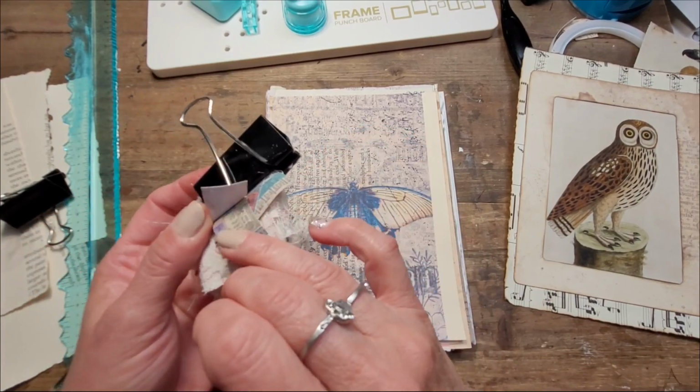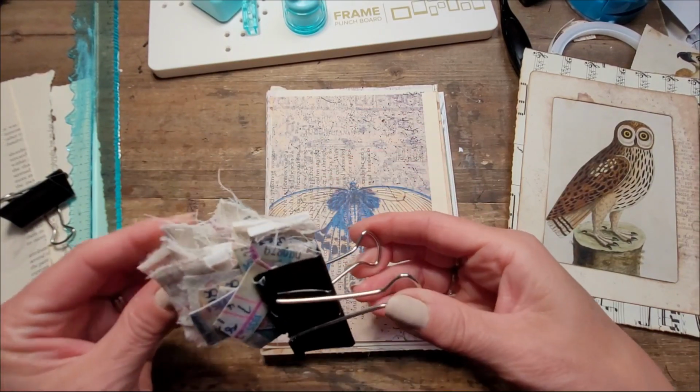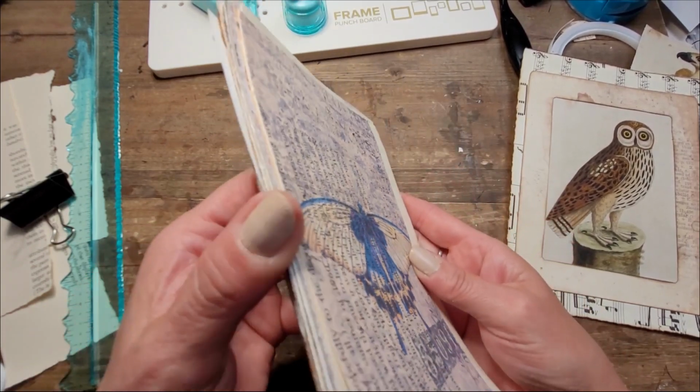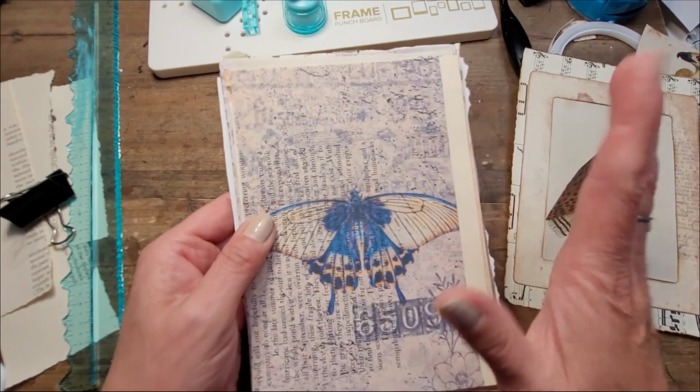tape, that fabric tape. So I made pieces of both. I'm going to mix them up and use them in this journal, which has a lot of pages. It doesn't seem like it right now, but once it's all binded, it will grow already, plus everything I intend